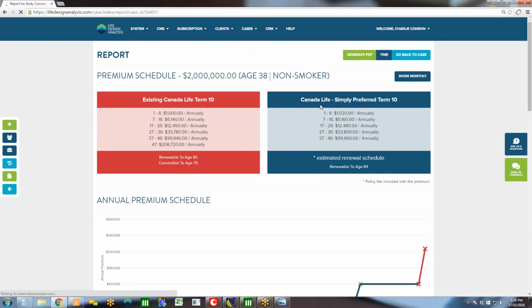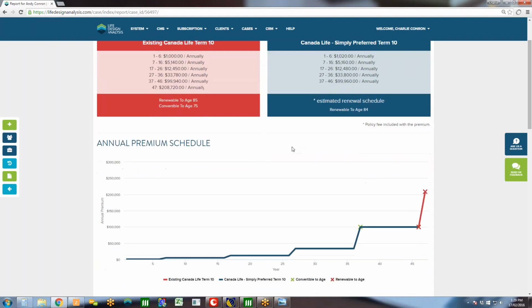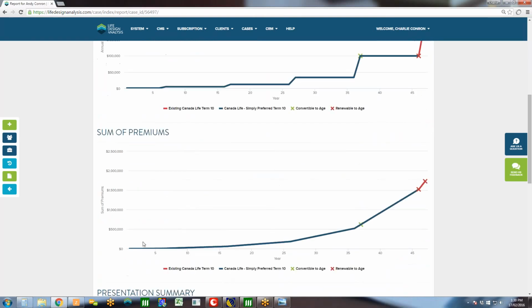So if you don't have those actual contract details, conceptually this is a great way to show your client. These match pretty dead on, so we're very close here. When we look at the one over the other, that's a great way, if you don't actually have those details, to show them. So even if you don't have the contract, you can still review a client's policy. And that comes up a lot of the times if maybe you've purchased a block of business,